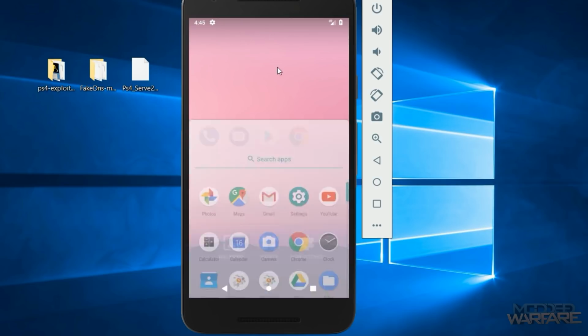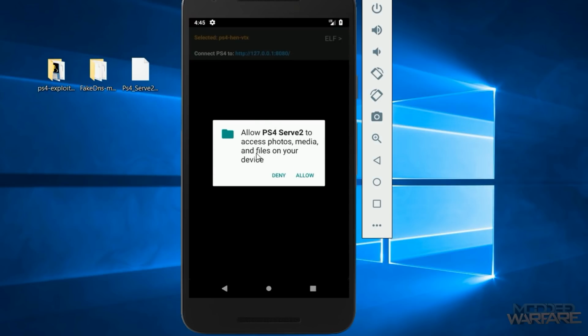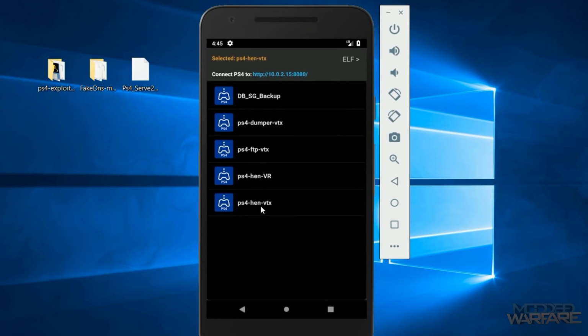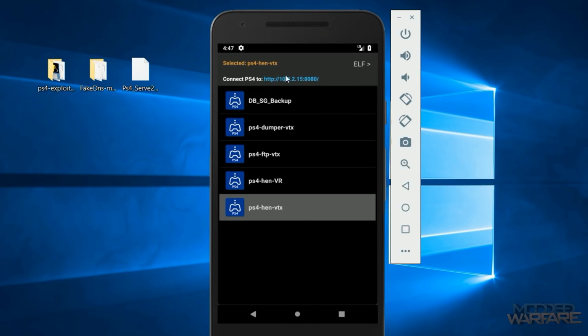And then what you want to do is start it right here. Allow access to photos, media on your device. So updated payloads. Okay, so then you've got all the payloads right here. You just select the one that you want it to host. So let's say the Homebrew Enabler, for example. So we select Homebrew Enabler, and it's saying that it's now hosting that. Don't know how easy that is to see for you guys, probably really difficult. Might try and zoom in, but